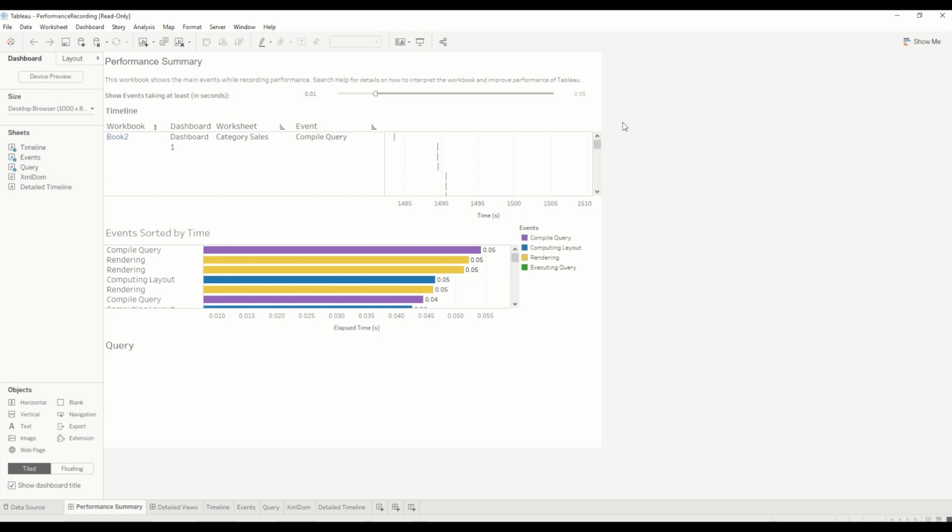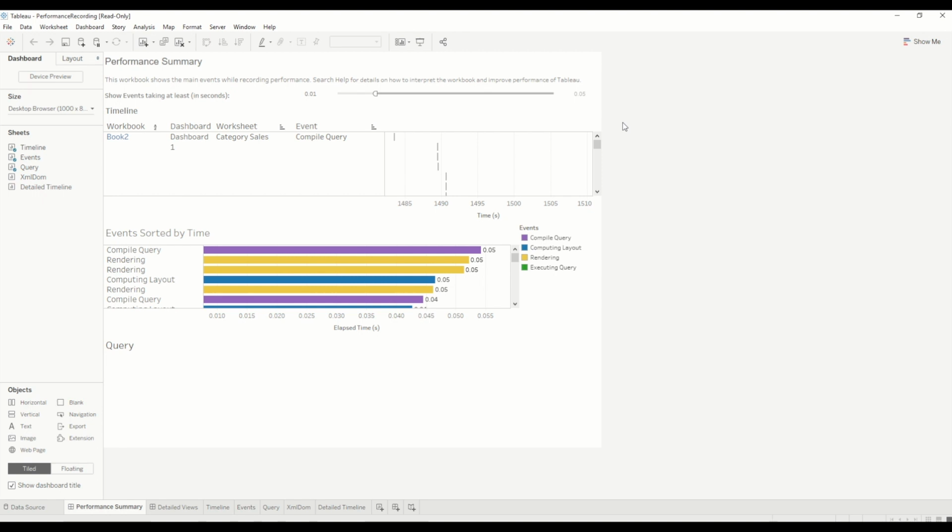Always try to hide the unused fields in an extract. Always try to use relationships instead of blending, which feature recently came in Tableau 2020.2. So avoid using blending wherever you can. So all these basic best practices, once we follow, we will be able to achieve the better performance of the